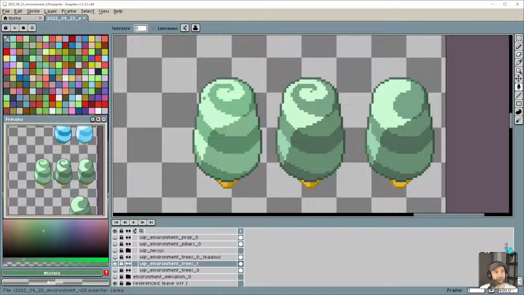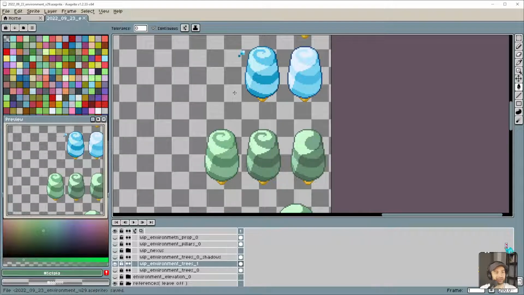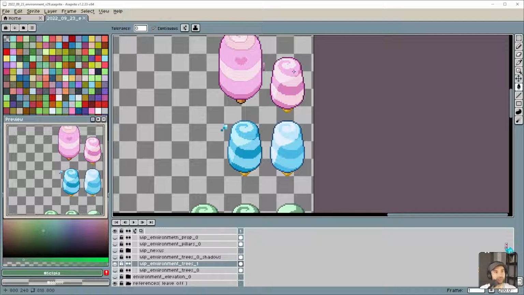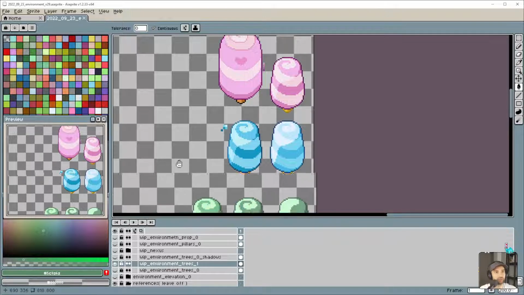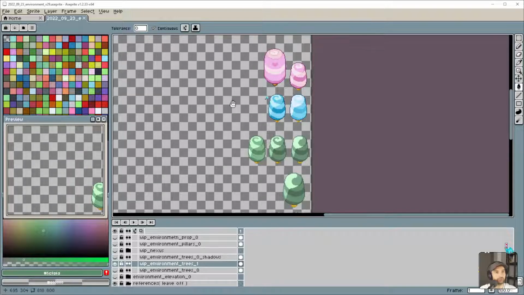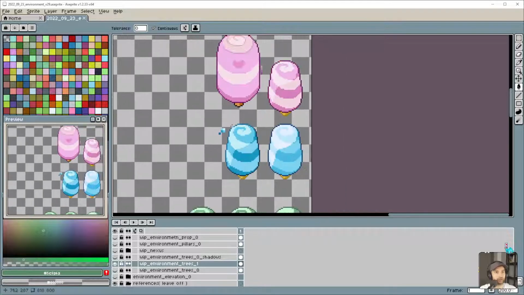I don't know. I think it's better, but we'll see. Okay, so that's going to be my 3 color variations. So we got the pink one, the blue one, and the green one. Yeah, let's go with that.